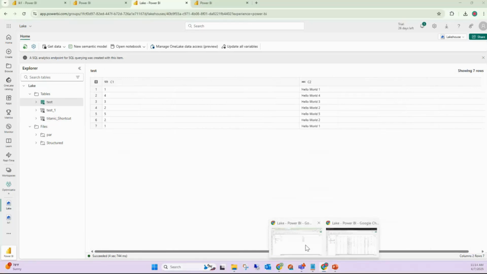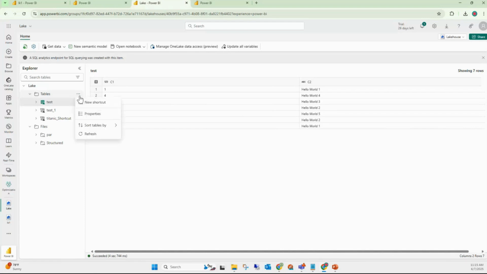So now we saw that a shortcut helps a user or business read data across multiple workspaces without the need of having the data physically replicated or duplicated in another workspace. This is what we call shortcuts. Now, shortcuts are supported at a table level and at a file level as well, depending on what type of shortcut one is trying to create. If the underlying data is just a file, then it cannot be created in the table section. It has to be created in the file section. And that's what we'll see eventually once we try to work across the next concept of